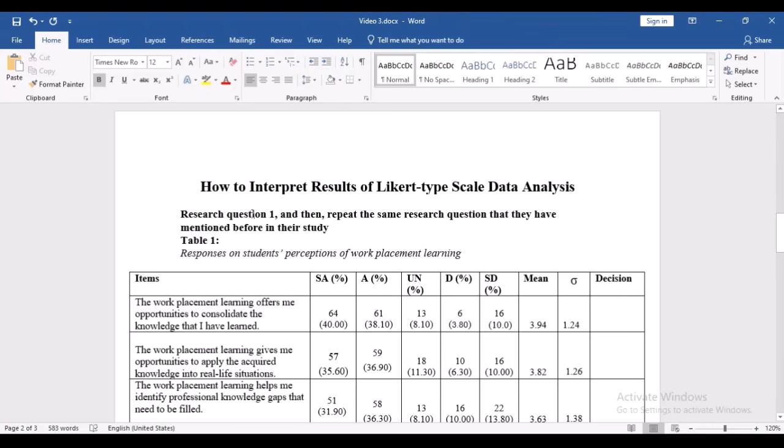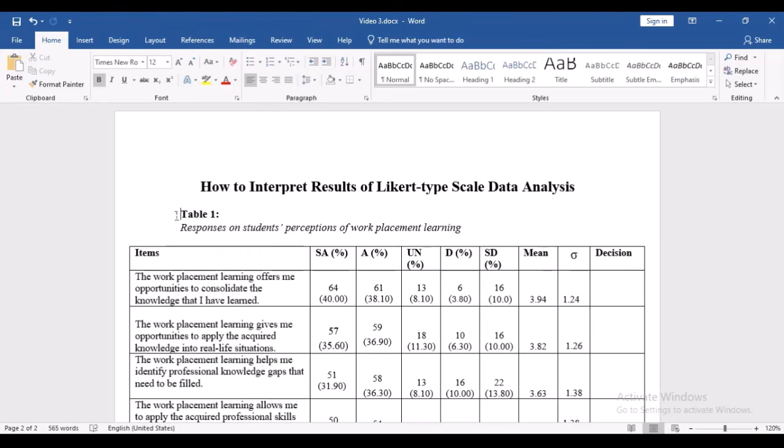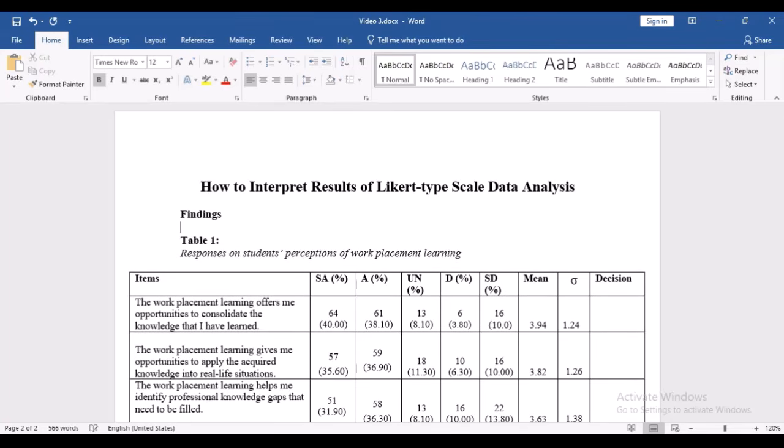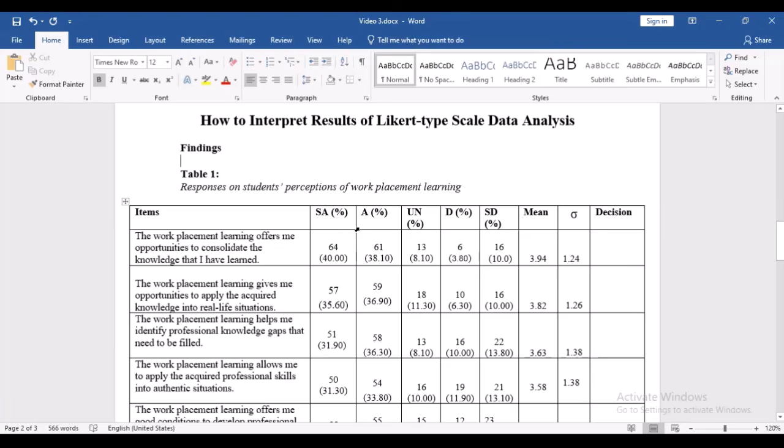So this is a wrong practice, because in the academic world, repetition is not necessary. You don't need to repeat this again, because you have already reported this in your work. All you need to do is just head over to your findings, and then begin to report. So in order not to waste your time, you can see here, if